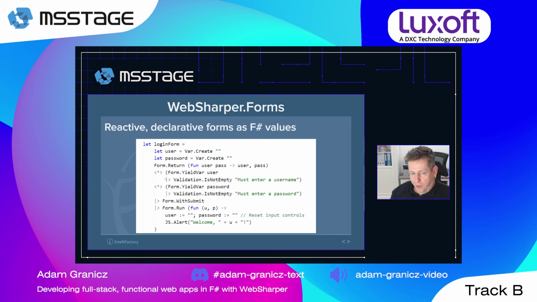So here the forward pipe basically is an F-sharp idiom. It flips the order of the argument and the function being called. So imagine this as validation is not empty, and then function first argument must enter a username. Second argument, this is the thing that this yield var returns. So we compose these two inner forms, the user and the password, and then there's nothing else we